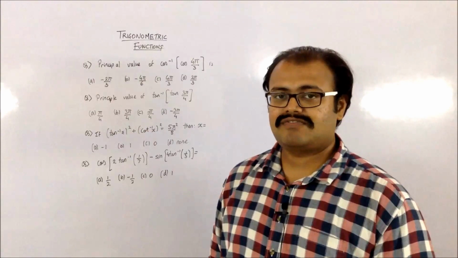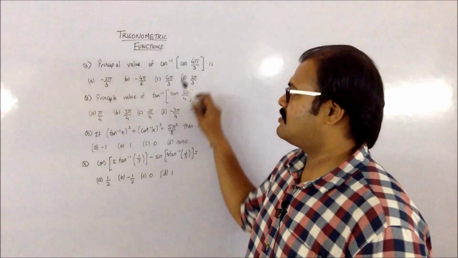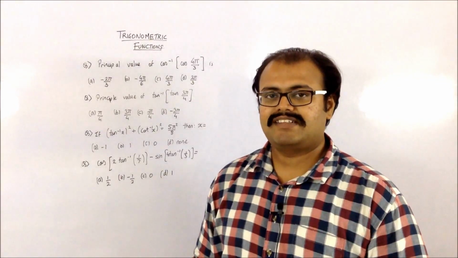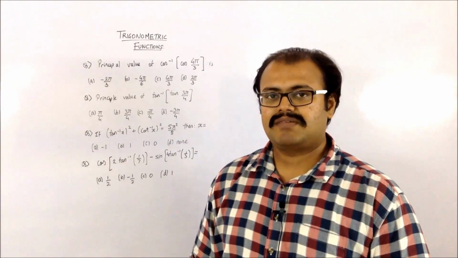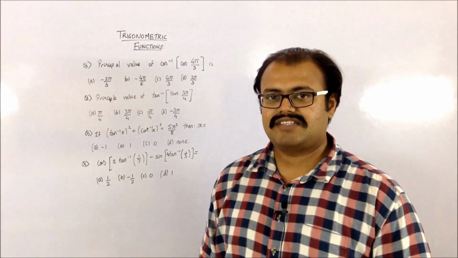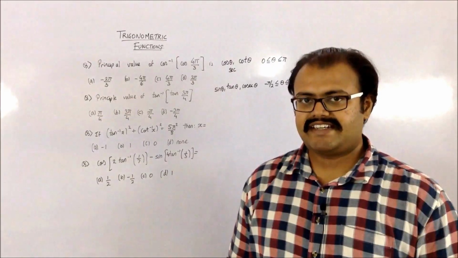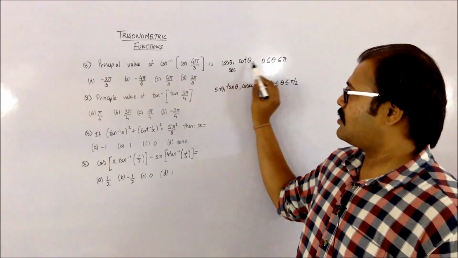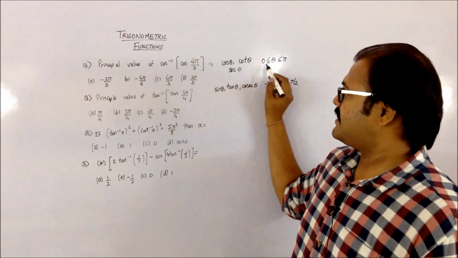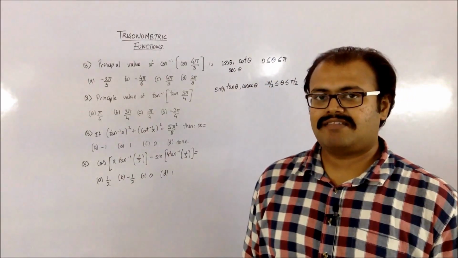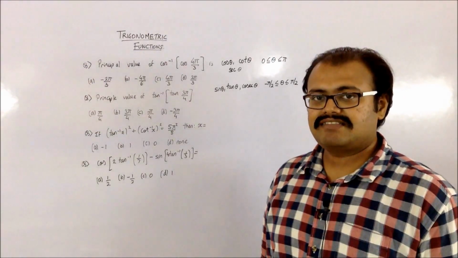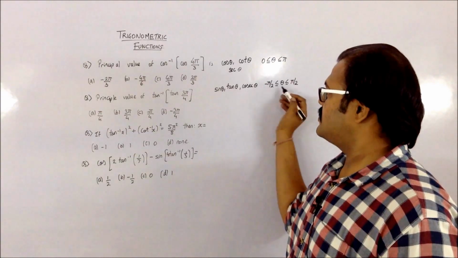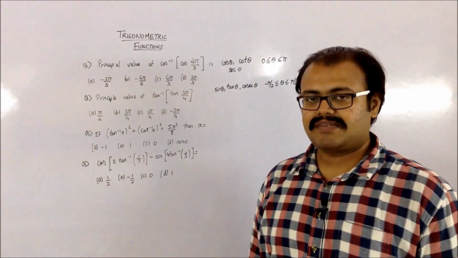So let's concentrate on the first one, that is finding the principal value of cos inverse of this particular angle. Now whenever you have to find the principal value, you have to remember the ranges in which I have to find the angle. So recollecting the ranges for the functions, for cos, cot and sec, the range of theta should be between 0 and pi. Next, the thetas which you should get from sine, tan and cosec should be between minus pi by 2 to pi by 2.